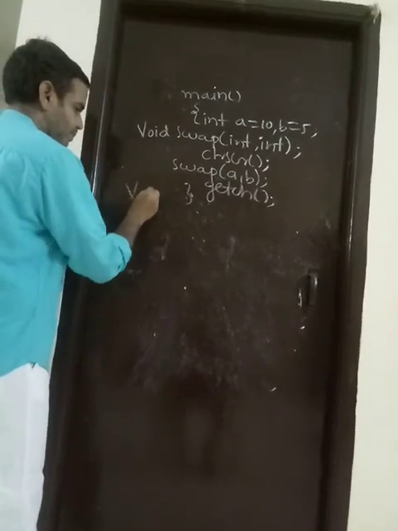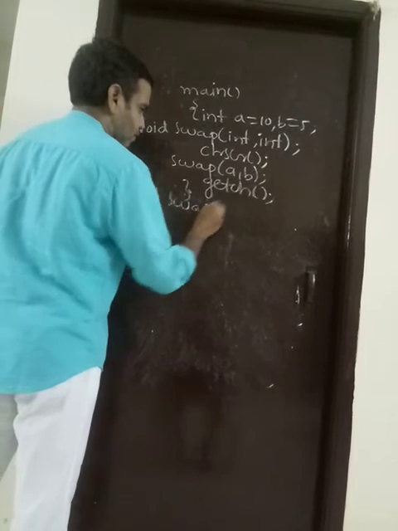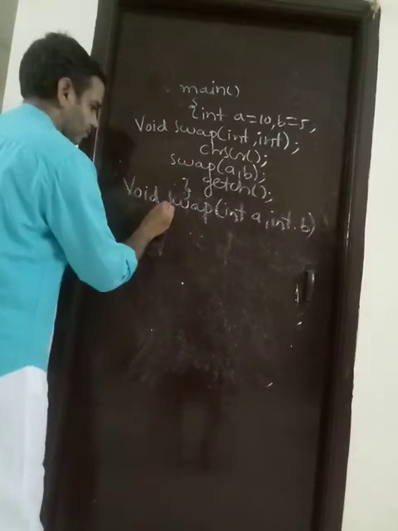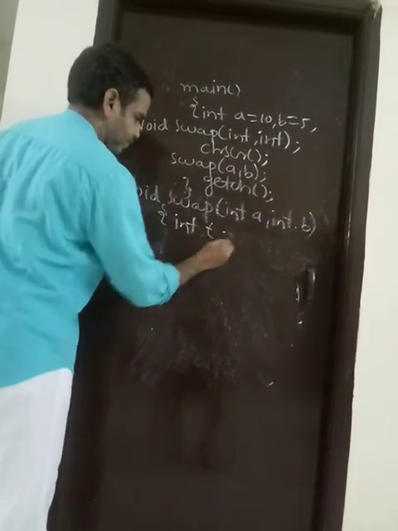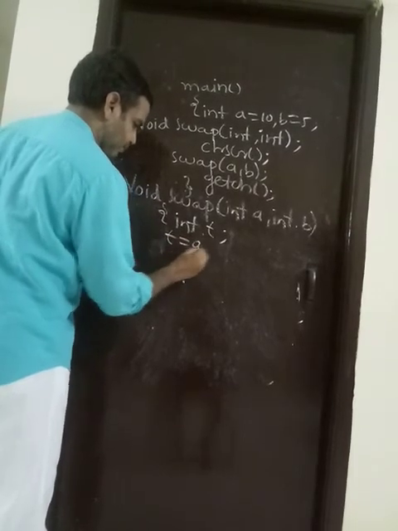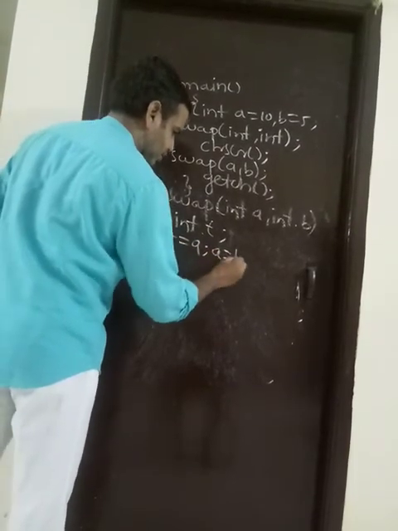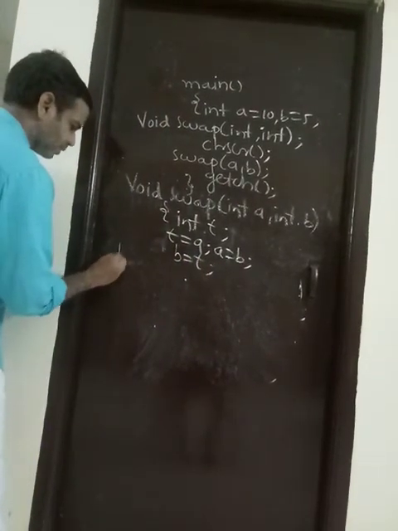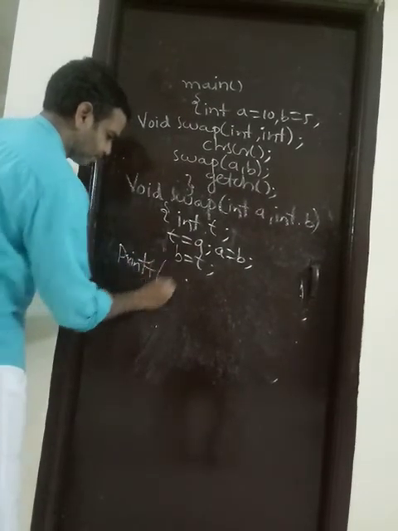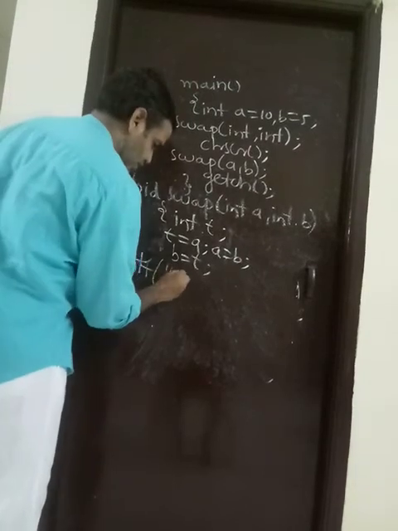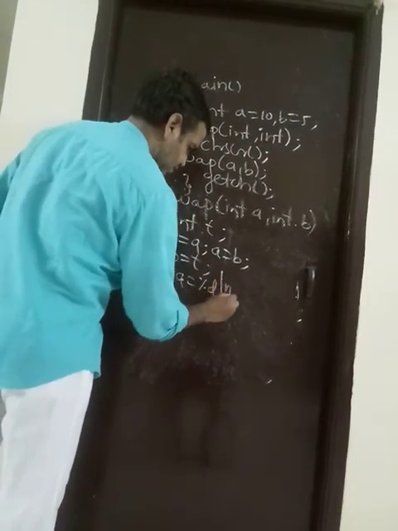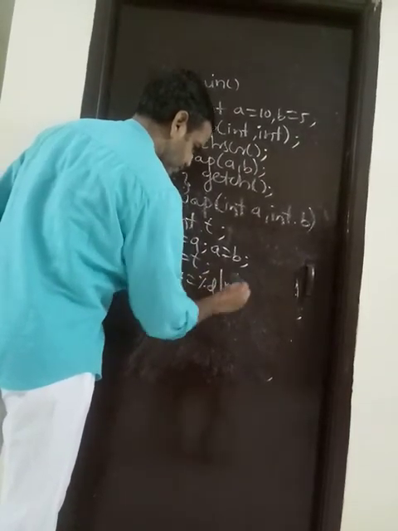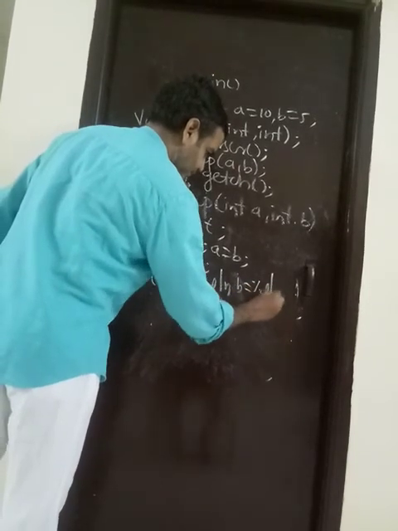Void swap of integer a comma integer b. So integer t is equal to a, and a is equal to b, semicolon, and b is equal to t. So after swapping I am displaying printf a is equal to %d slash n and b is equal to